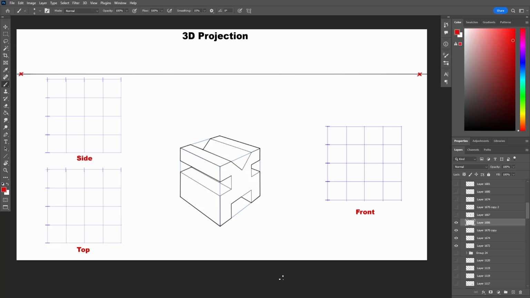Let's start with an easy example. This object is a simple shape being extruded backward, so the most detailed projection will be in the front view, since it has the whole shape of the object in it. We also have 4x4 units on all projections, meaning that this is an equal cube. So let's start drawing the shape's front projection.